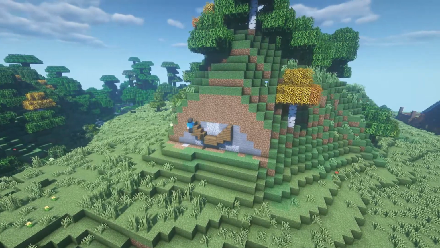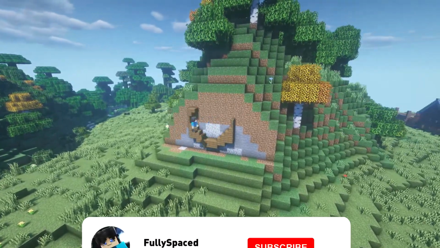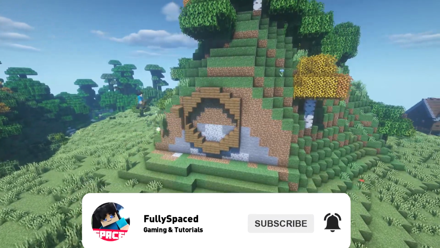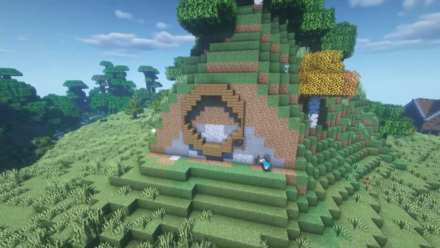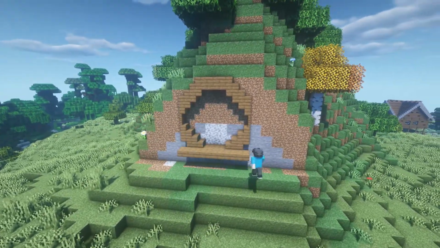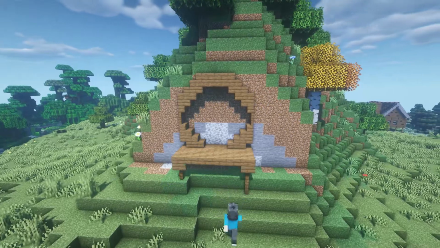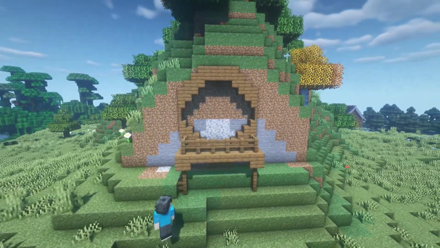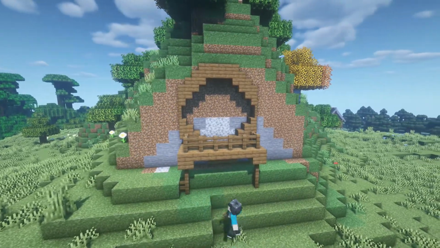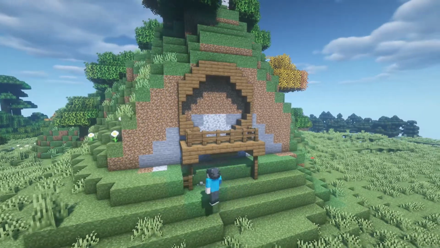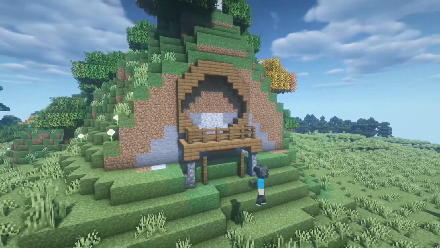design towards this build, purely because I wanted this front bit to be like a window or a balcony that can come out to. If you wanted to keep it as a window, I was thinking more going inside one layer and glassing the back behind it, so you have this massive circle window. However, I then thought maybe I should just add this little balcony that comes out from the hillside itself, or from the mountain, whatever you want to call it, and just hangs off the edge, so you can come out and look around outside your base before leaving, and make sure everything's clear before